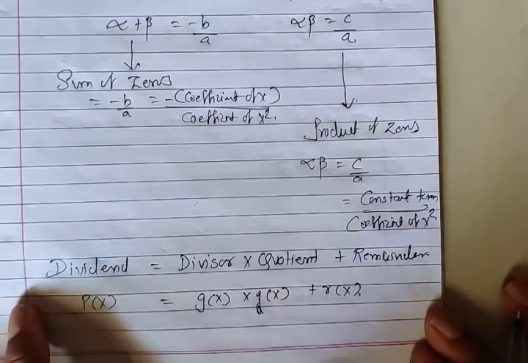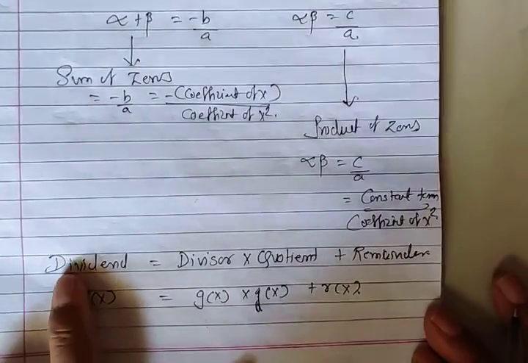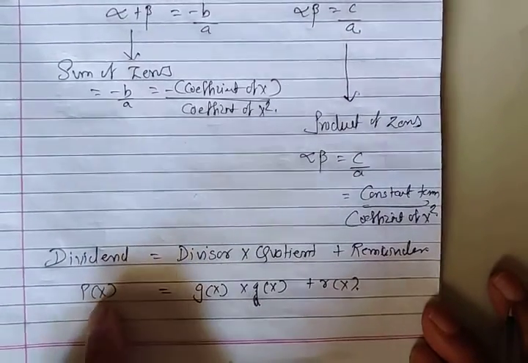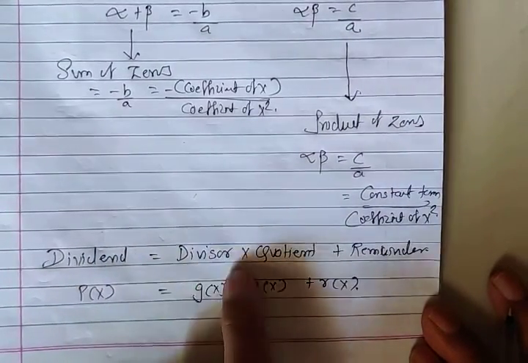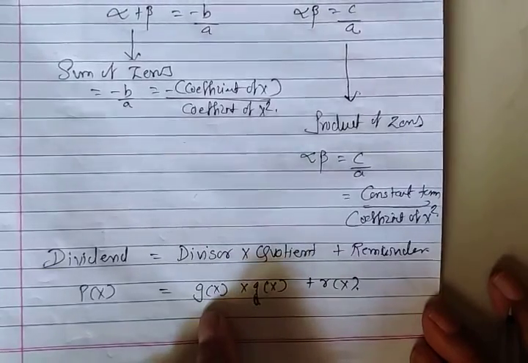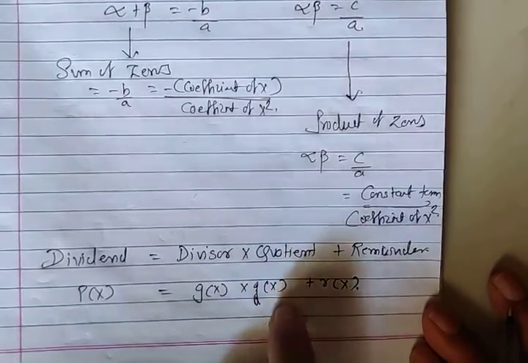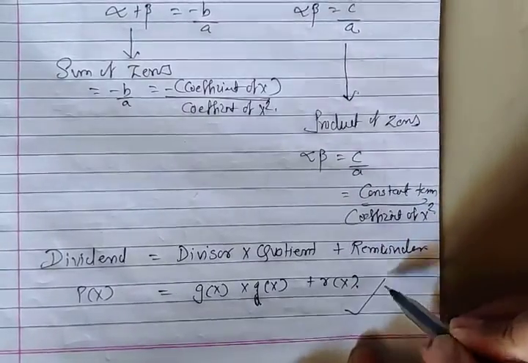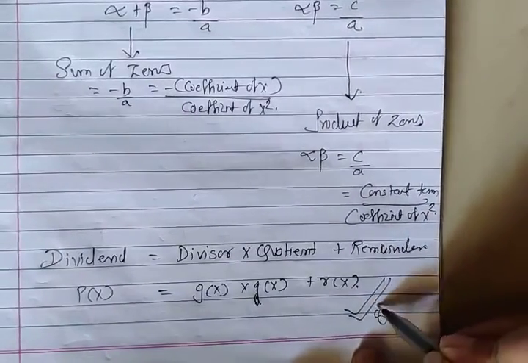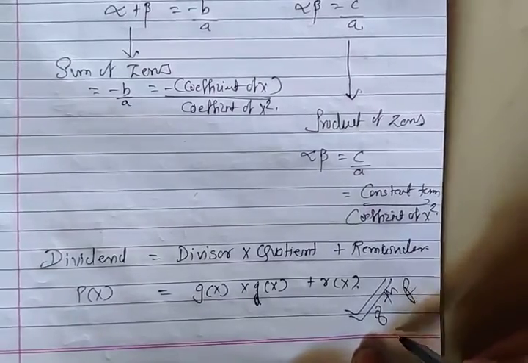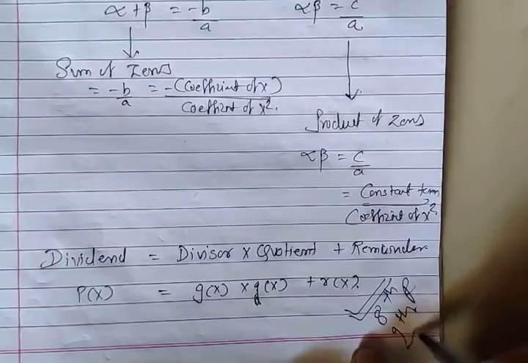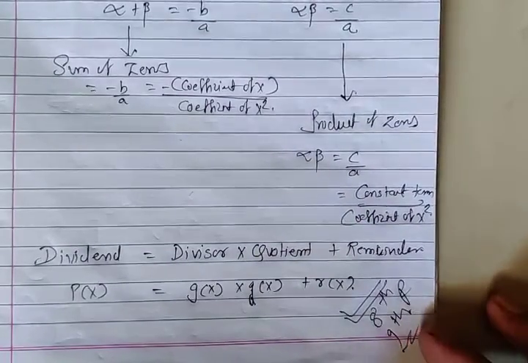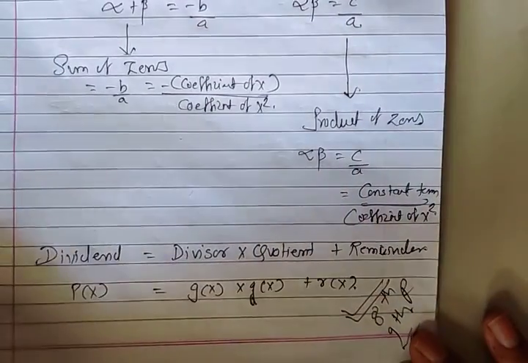Now basic things which you are already aware of, that we are going to see, is a dividend is equal to क्या होगा, that is p(x) is equal to divisor that is g(x) multiplied by quotient q(x) plus remainder that is r(x). This is a general form which you have already learned in 8th and 9th standard में आपने लर्न किया था. यही आगे इसके अंदर हम यूज़ करेंगे. Before that we will see our textbook how to get the answer.